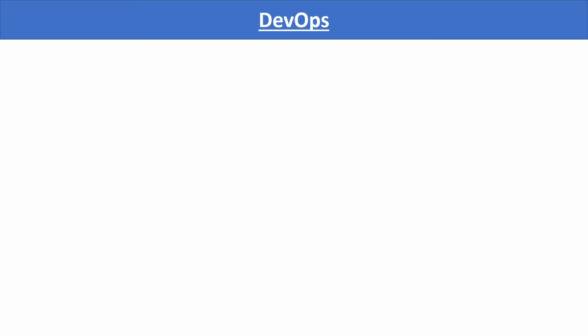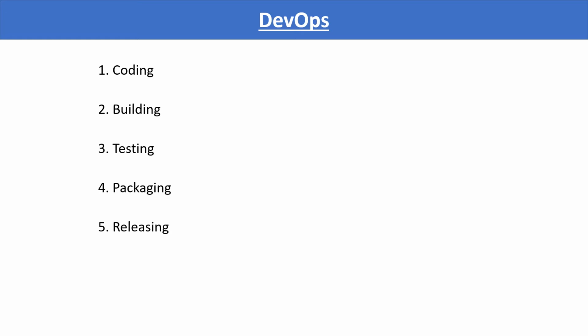DevOps is a practice which combines the development and operation part of software development to build a continuous pipeline of deployment, such that organizations can release working features of a software to its customers as quickly as possible. DevOps intends to be a cross-functional mode of working, hence those who practice the methodology use different sets of tools, referred to as tool chains rather than a single one. These tool chains facilitate one of the following categories: coding, building, testing, packaging, releasing, configuring, and monitoring.